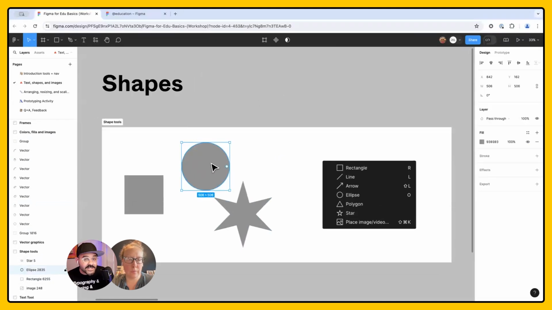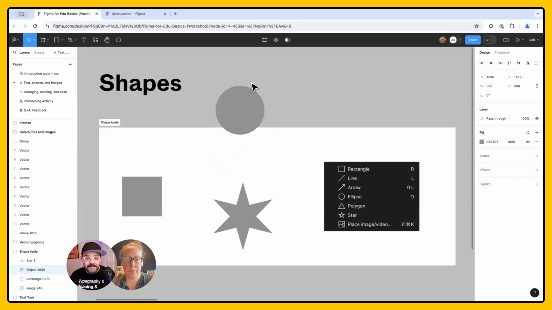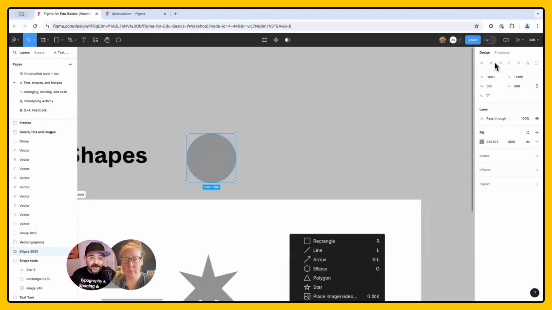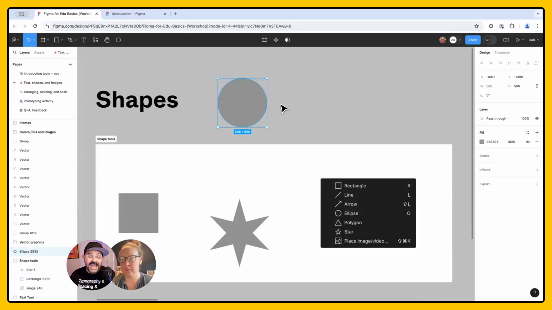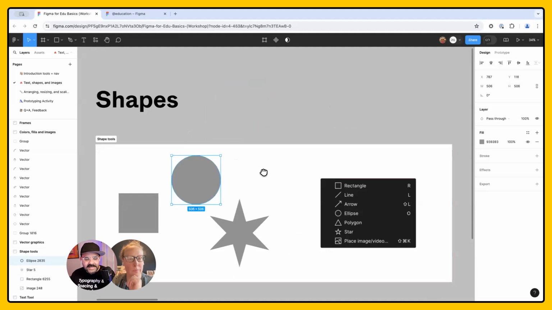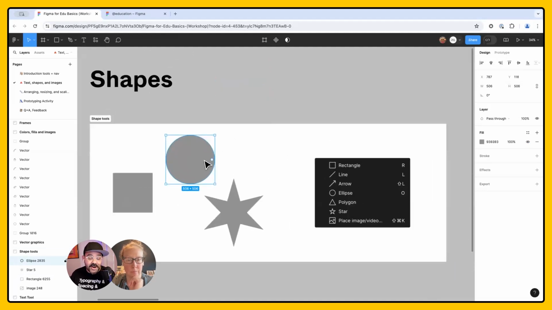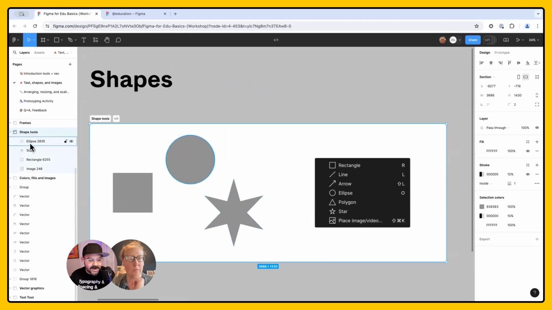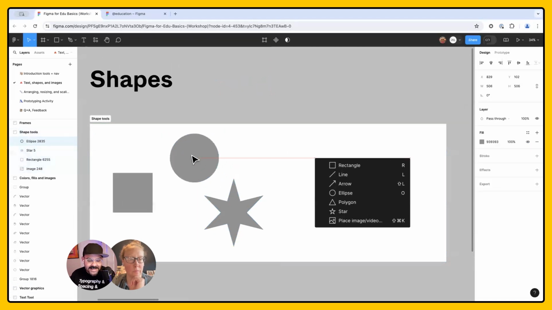Now, to edit and modify these basic elements, you're going to have this panel over here on the right called the design panel. Every object that you click on, that you select, you'll see a little blue outline. That means that it's currently selected. For those objects that are currently selected, you can see it selected over here on the bottom left. Let me bring this up so you can see this a little bit better. Over here on the left, you can see that this ellipse is selected, and while it's selected, you can see its properties over here on the right. So this design panel reflects the properties of those objects.